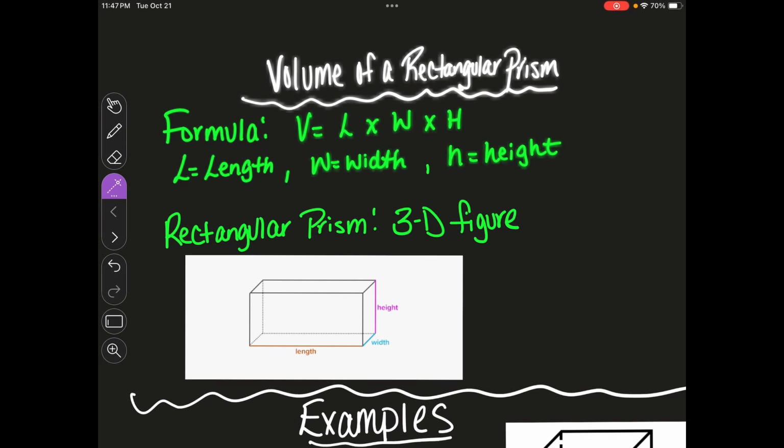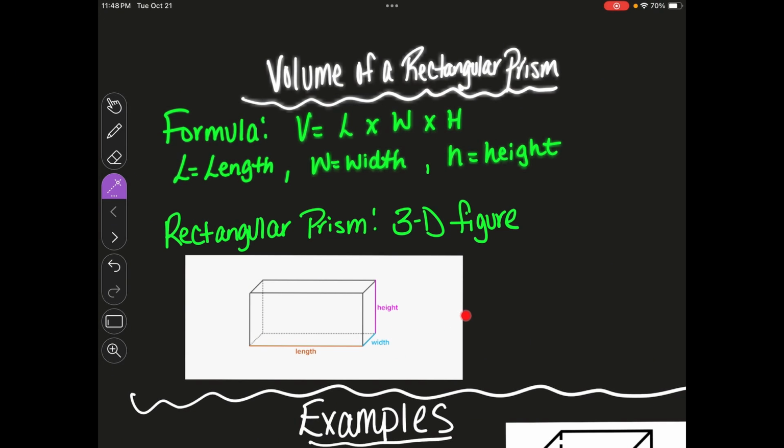Today's lesson we're going to be talking about the volume of a rectangular prism. Okay, so we have our formula. We got the volume equals the length times the width times the height. Also, a rectangular prism is a 3D figure or a three-dimensional figure. What is a three-dimensional figure? A three-dimensional figure is a figure that has three measurements, which is the length, the width,